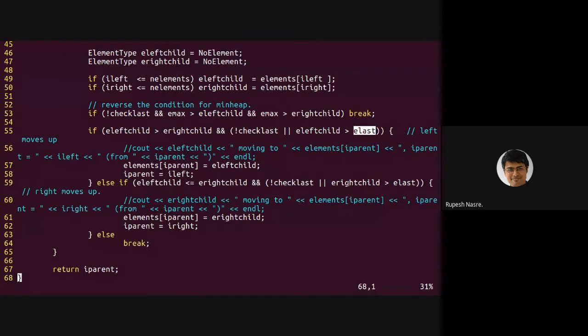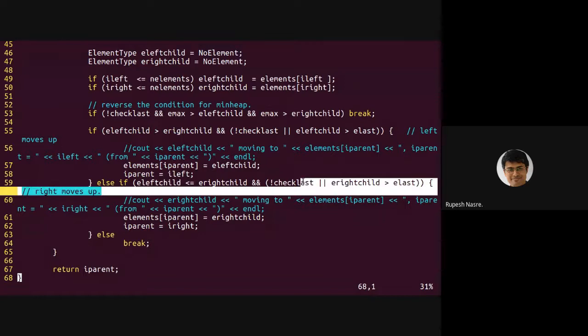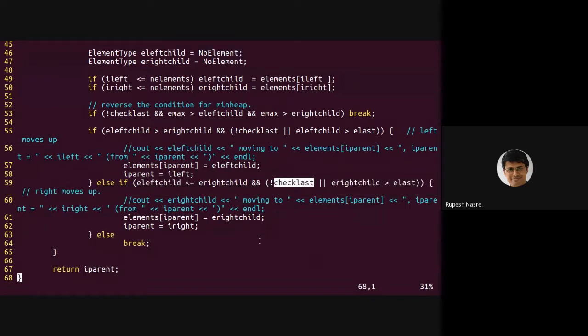Similarly, the right child should move up only if it is greater than E last in case of max heap, and that condition gets checked here. Again, this condition should not be checked for the root, and therefore that check needs to be added as the default parameter. Otherwise, none of these conditions are satisfied.